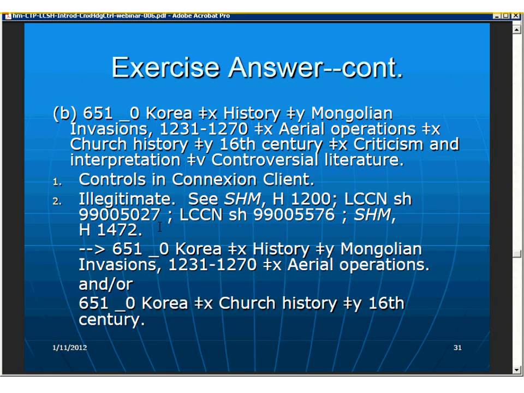651 blank 0, Korea, suffix X, history, suffix Y, Mongolian invasions, 1231 to 1270, suffix X, aerial operations, suffix X, church history, suffix Y, 16th century, suffix X, criticism and interpretation, suffix V, controversial literature. With so many elements, it still controls in connection client, but it is illegitimate in light of SHM H1200 and